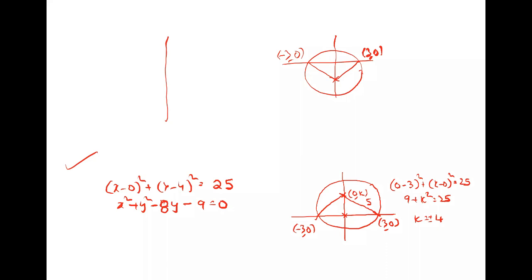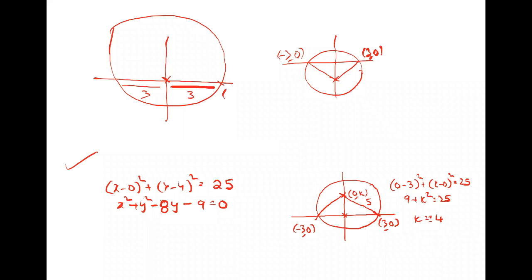I'll explain once again. When you draw a circle, it is a circle from the origin 3 units. So this point will be 3, 0. This is minus 3, 0. Obviously, center will lie on the y-axis. Yes, every year one question comes from the circle. We'll do tomorrow, for sure: circle problems and straight line problems. Next one.